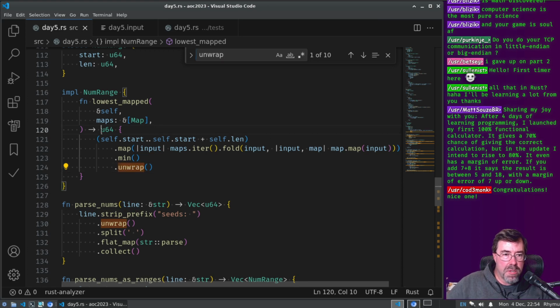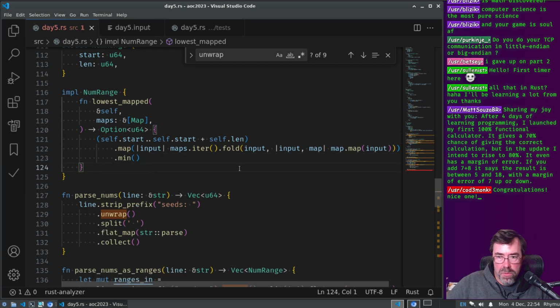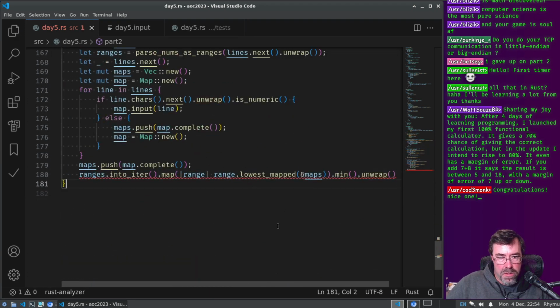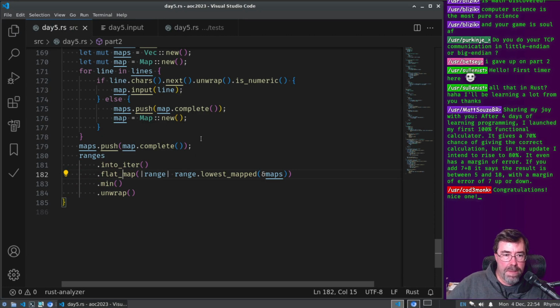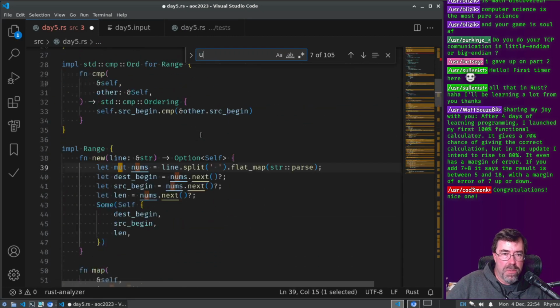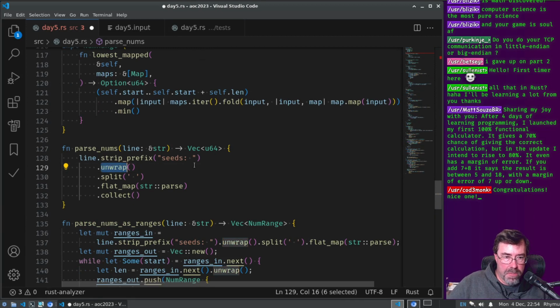So we can make this an option. Remove that unwrap, and then what do we get? Where do we break now? Down at the end here? Okay, but then I can make that a flat map to fix that. Right. So now we're down to 9 unwraps. Okay. Can I do an option here? And do a question mark sum?